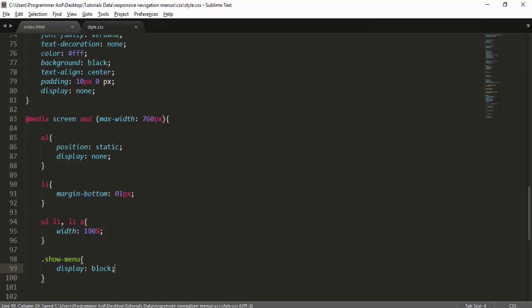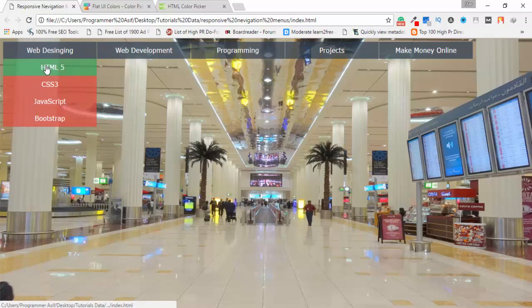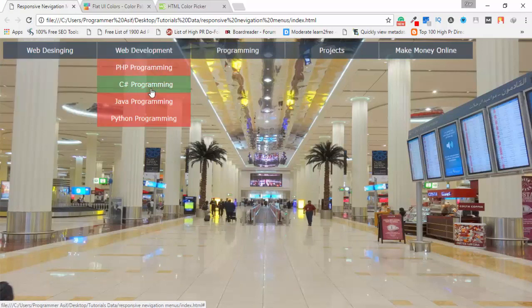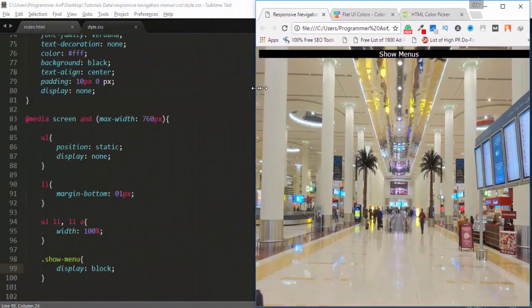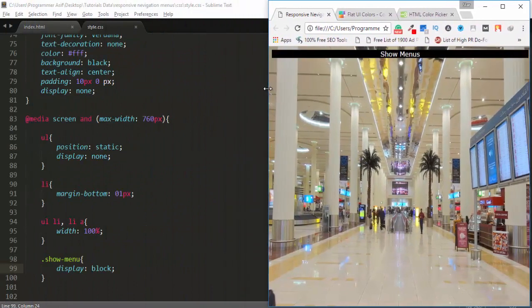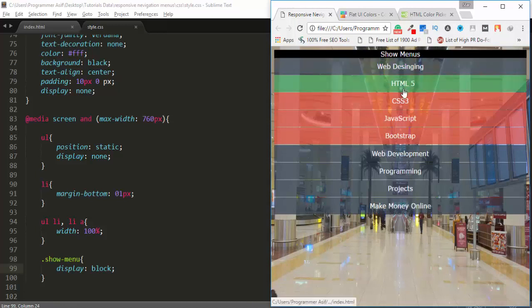Save the file and then open the browser, refresh the page. Okay, here are our menus and submenus, right, and I decrease the size. We will check it. That's it. Here the show menu button is displayed on the screen. I click on it, and then here you can see the submenus and menus displayed on the browser as well,